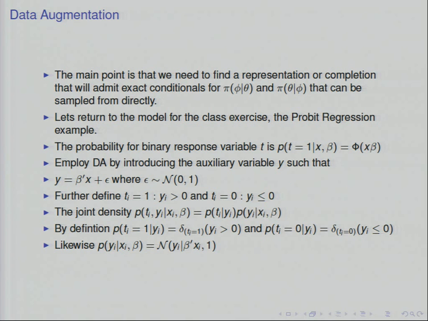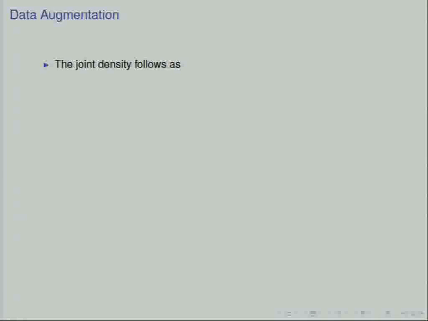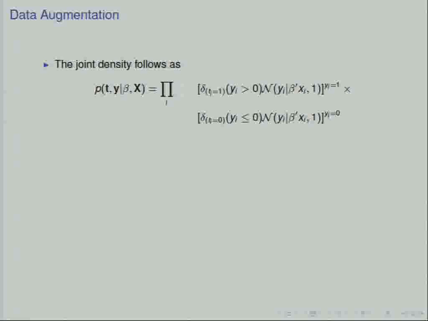So, indeed, this distribution is just a normal distribution over y with a mean of beta transpose xi, and because this is a standardized normal variate, the variance is 1. Brilliant. So the joint density over n examples of features and class labels is just going to be the product of the overall joint density, which I've written like this. Now,